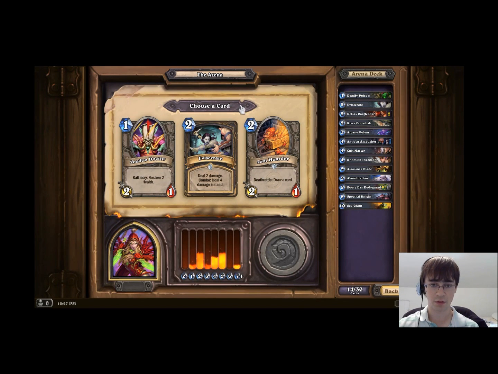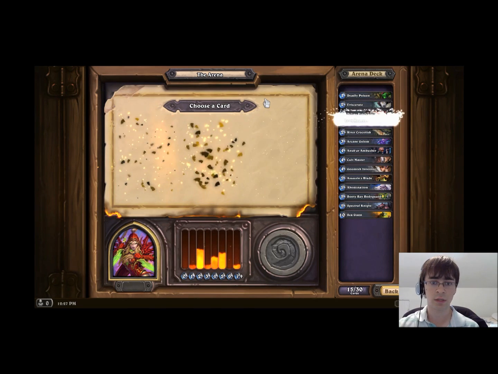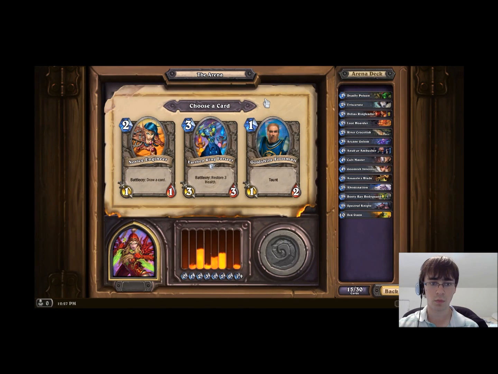So, in this one, you might be tempted to pick Eviscerate. I'll give a chance for the next ones to pick a card. You might be tempted to pick Eviscerate, but Loot Hoarder is the one that gives you plus advantage. Guaranteed. Unless it's silenced. Okay,